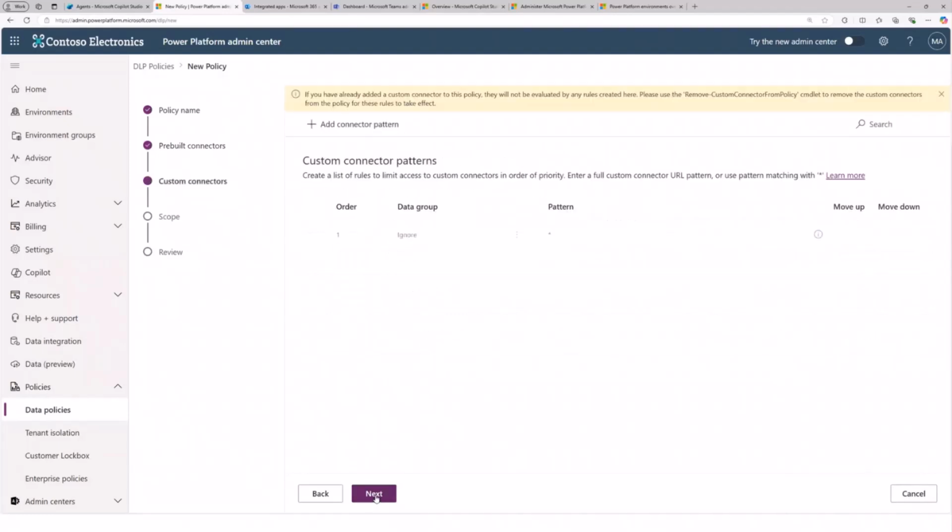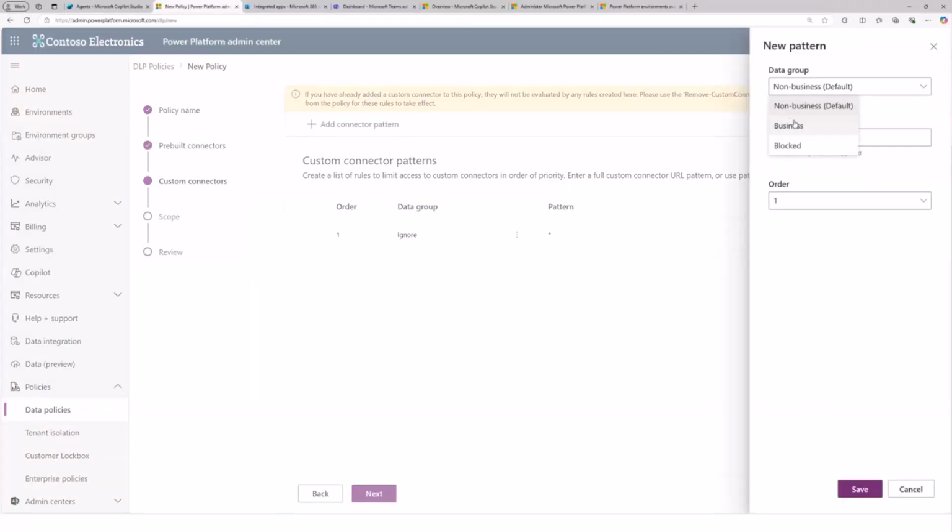So once you classify those connectors, you can do the same thing for custom connectors. So Power Platform also allows you to create custom connectors here. What you can do is you can add a pattern. So you can say, hey, anything that has a pattern, let's say api.contoso.com, is handling business data, right?